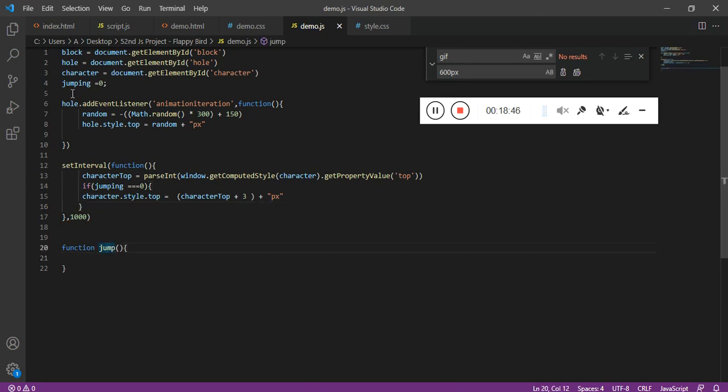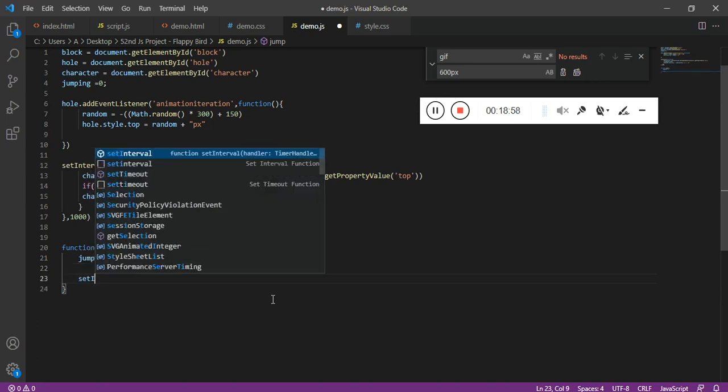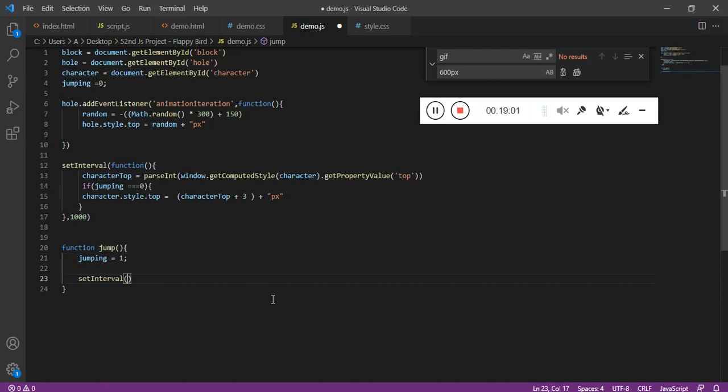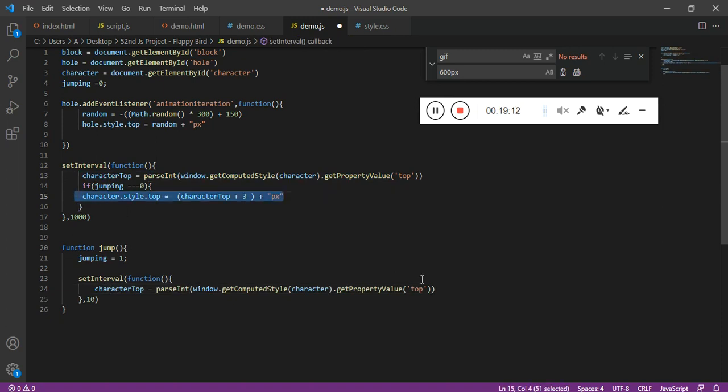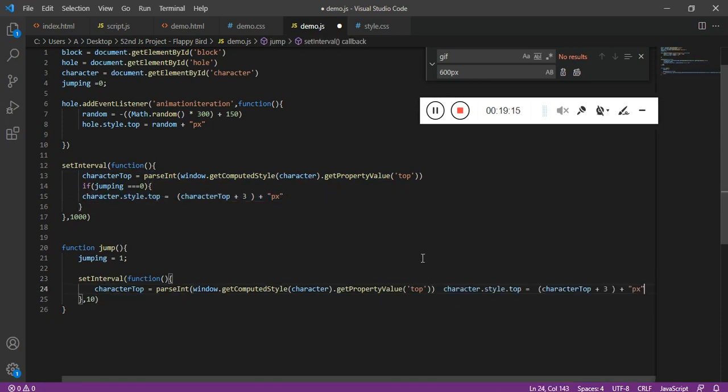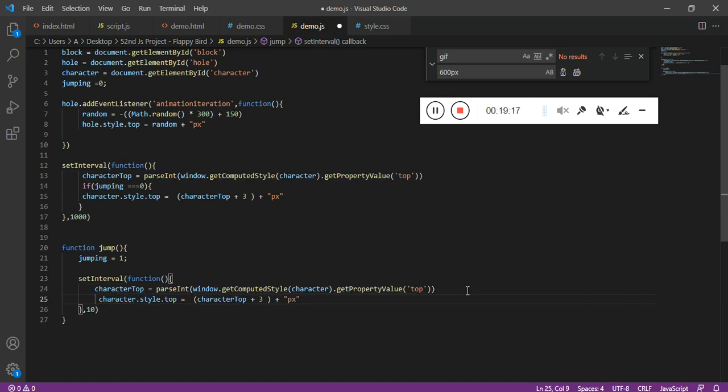Now when I jump, I want this variable to be 1. That means I don't want the bird to fall in this case. So let's create a set interval again of 10 milliseconds. Here in this case it is going to jump, so using the same, it needs to go up, so for that we'll use minus.